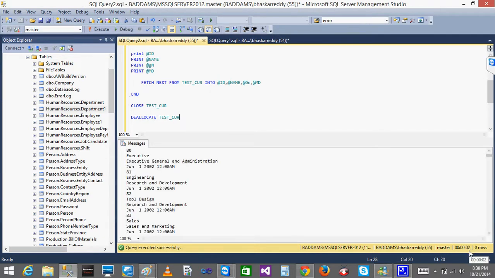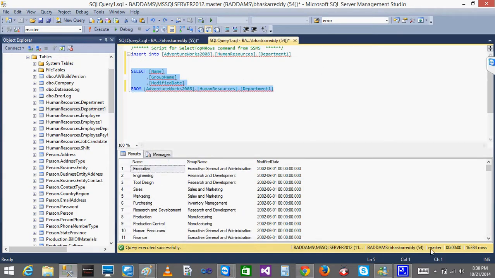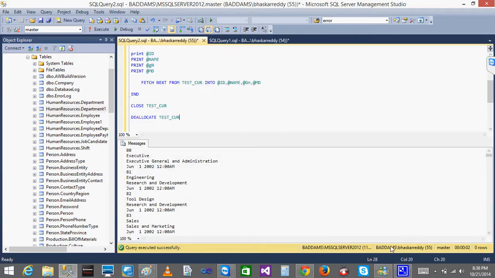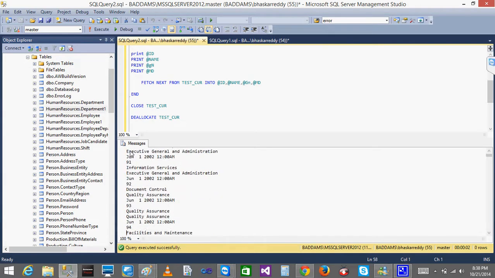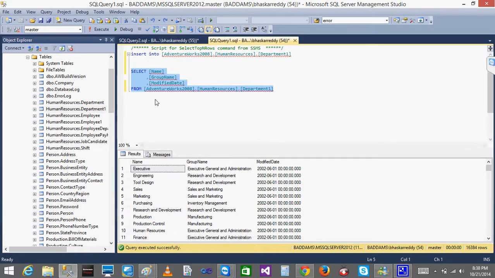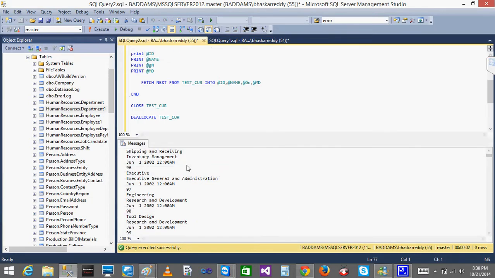See, now it took 2 seconds. When the data size increases, then what happens? The time taken increases. When I do the select star from, it is still taking less than 1 second, but the cursor is taking 2 seconds to print all the records. It is printing record by record, so whatever the number of records we have, that many records it will print. 16,384 records, right? Since you are taking record by record, it is taking 2 seconds. Are you able to get my point?